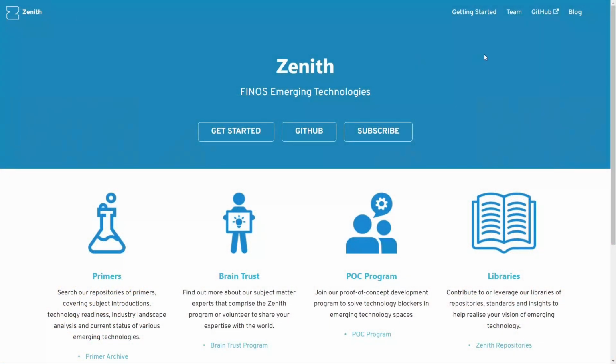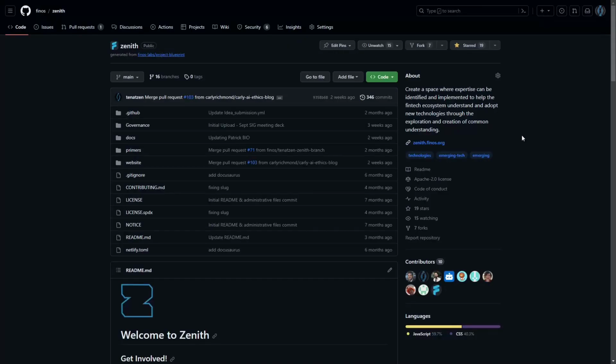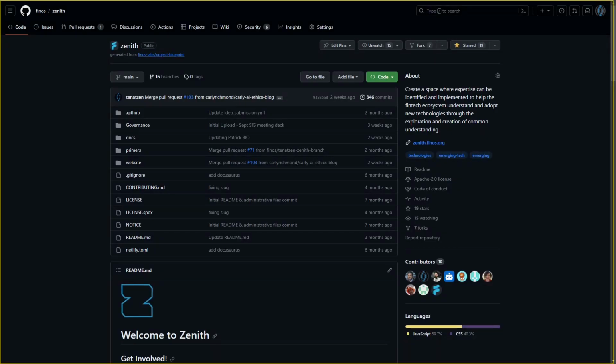Yeah. So it's kind of going to be my fault on how messy this is, but it's hopefully relatively simple. We start off as ever with our core site, zenith.finos.org, and you can find out everything about what we're doing. Up in the top corner, you're going to find a link to our GitHub. When you go there, it's going to take you into our main repo that has all of the information for every type of project we're working on. For now, quite a lot of it is the fundamentals of governance and the decks that we run, which are a little bit crazy, and all these different things.